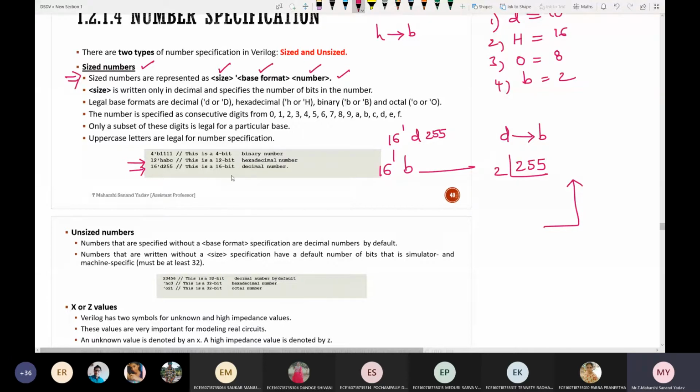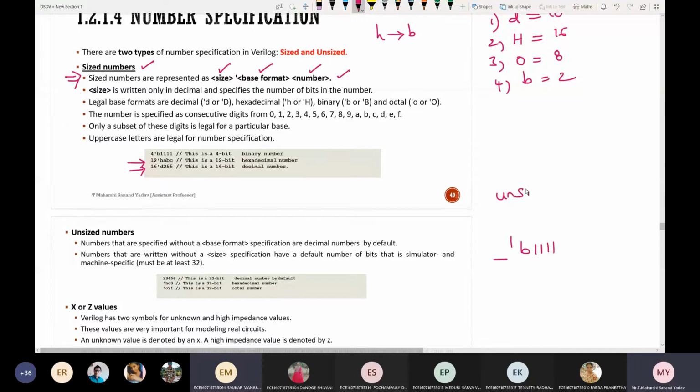Suppose I won't mention the size. If I write 'b1111, is it sized or unsized? Unsized. If it is unsized, what is the default size allocated? If you don't mention it, by default it takes 32-bit size.